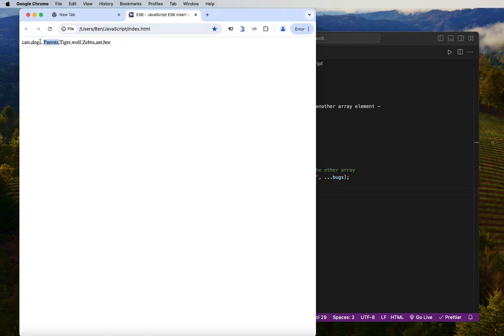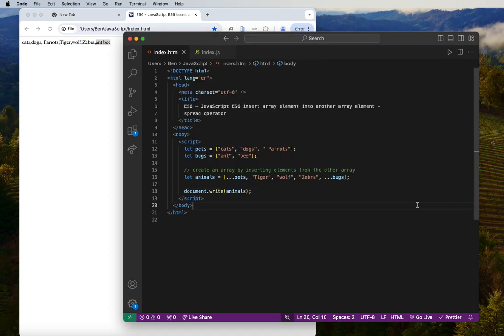So we have the pets values coming here, the third one, which is tiger, wolf, zebra here, and then we have the bags also displaying. So this is a really cool way of inserting an array into an array using the ES6 spread operator. Yeah, so now let's